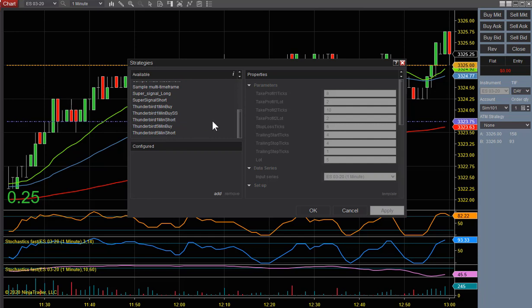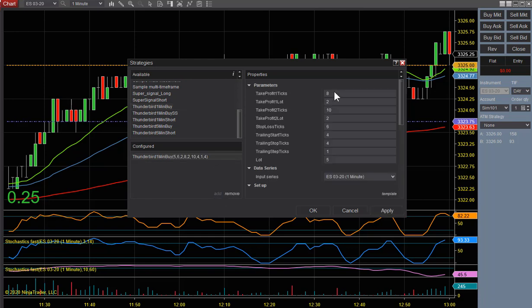So we're going to use a Thunderbird 1 minute buy divergence. You click on that, add it down here, and on the right hand side you'll see all these parameters. Now this is the fun part. You can actually set this up any way you want. The script is going to identify those setups for you. Now I put a default in, but what I typically do here,